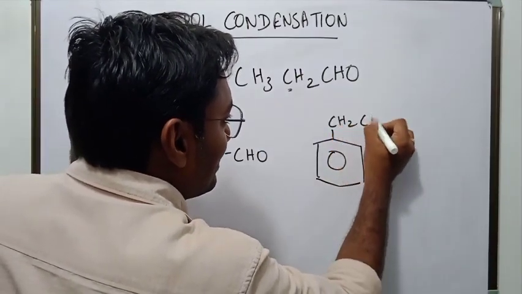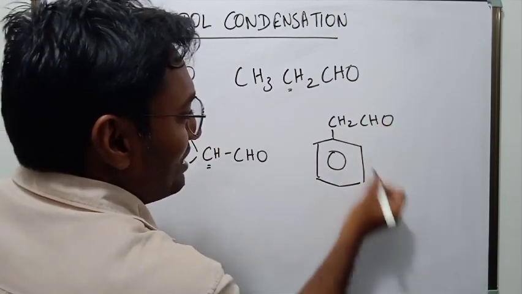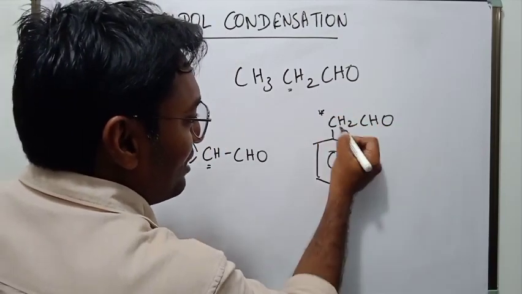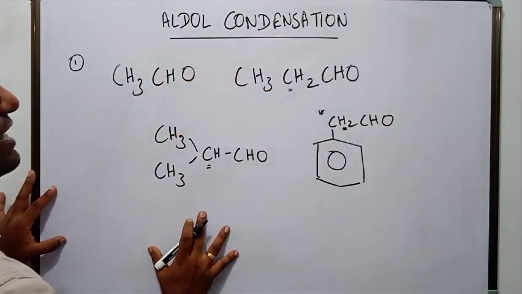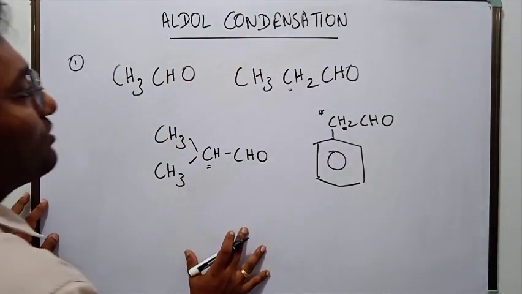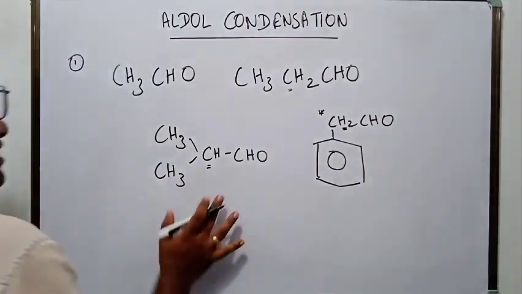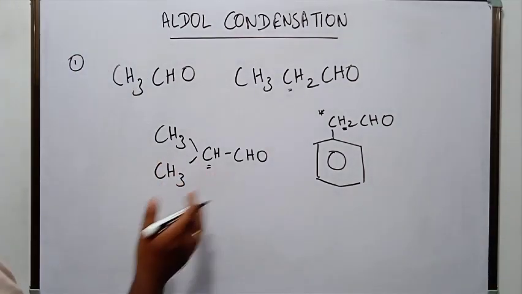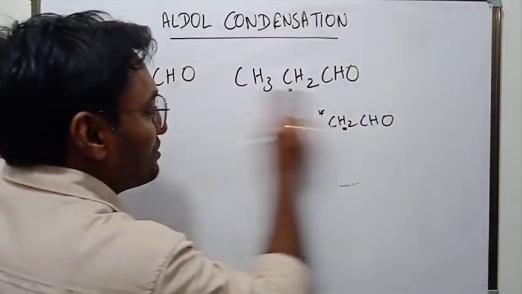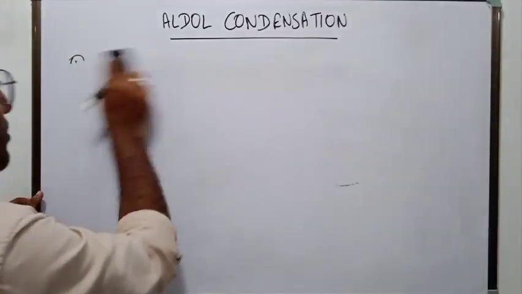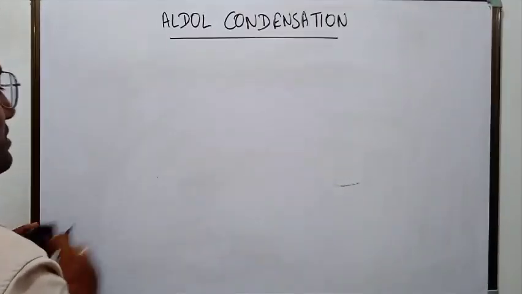Phenyl acetaldehyde. How many alpha hydrogen here? This is alpha hydrogen. How many? 2 alpha hydrogen. So these are examples of aldehydes that have alpha hydrogen atom. There are more examples of aldehydes that have alpha hydrogen atom than those that do not have alpha hydrogen atom. So there are numerous examples. Now the second point is